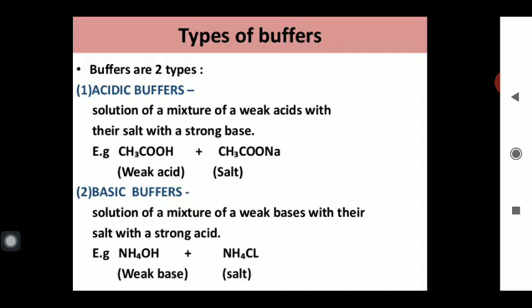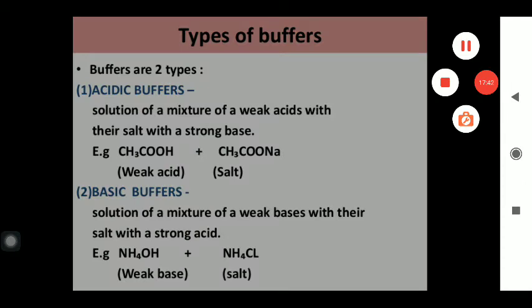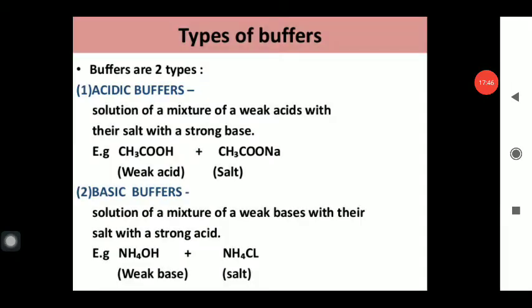So overall, under the heading of buffer solution, we have seen that it is a solution which can maintain its pH even on adding some acidic or basic compound. The best suitable example of a buffer solution is our blood, and the saline water of the sea is also a good example of a buffer solution.